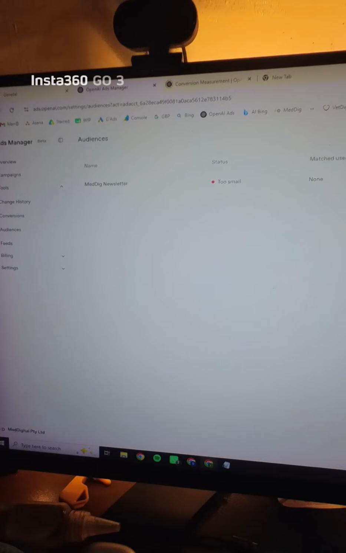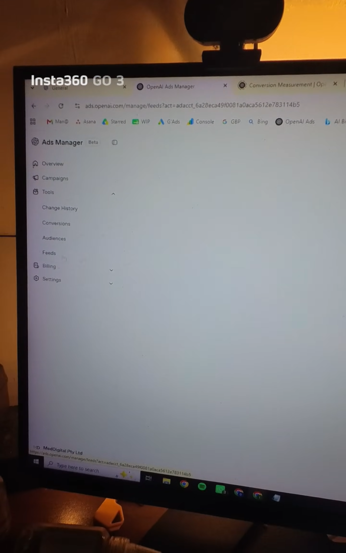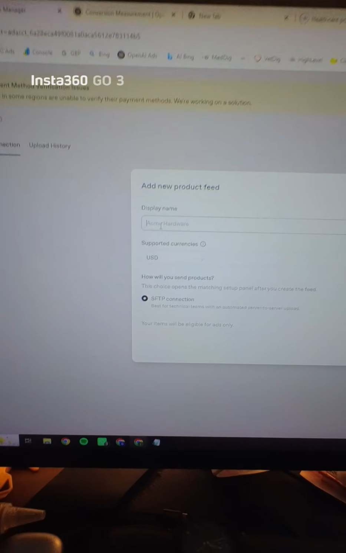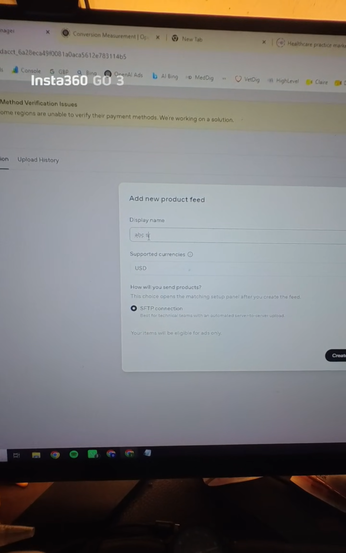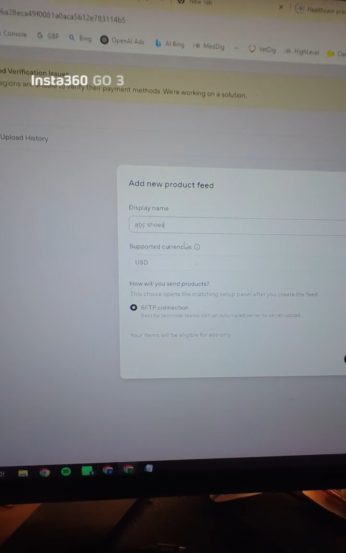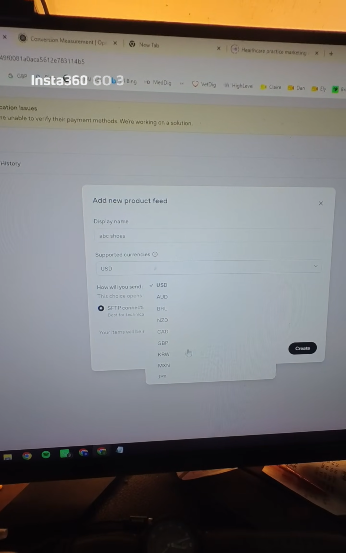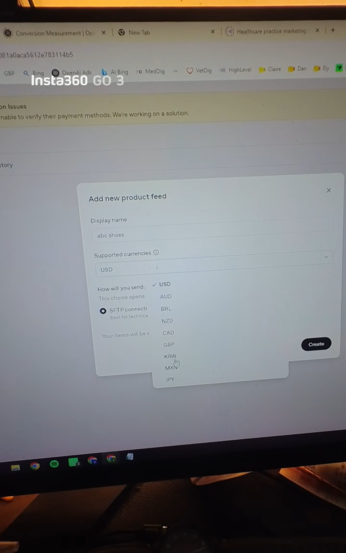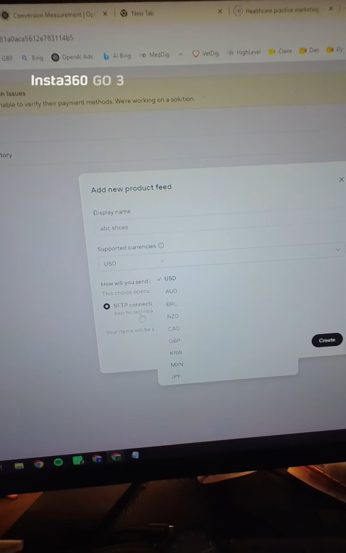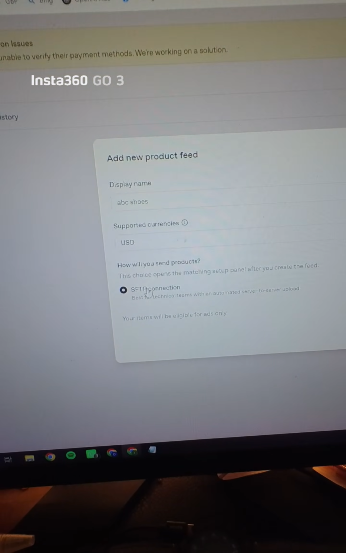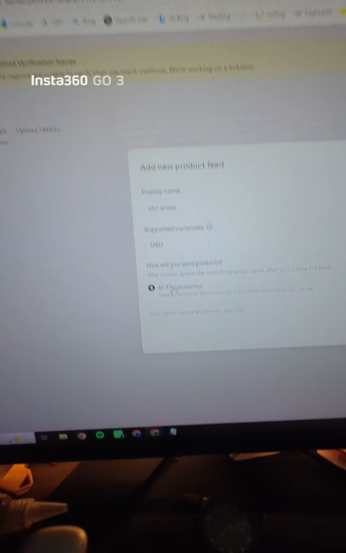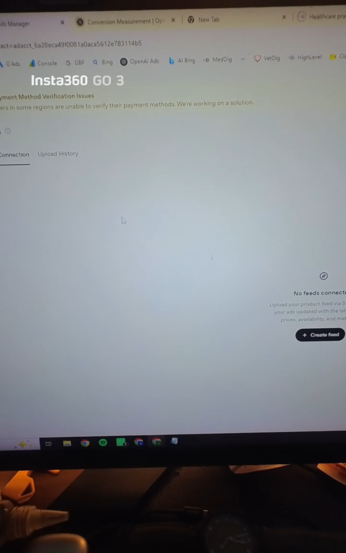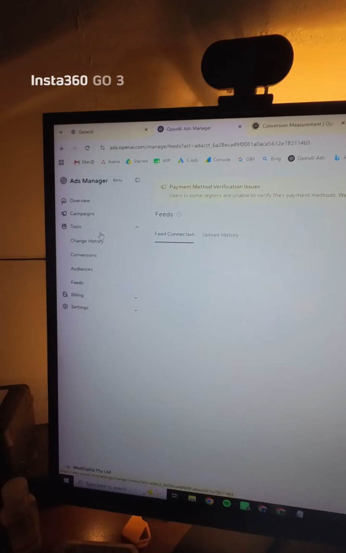The next one is feeds, which means you can run an e-commerce campaign. You just have to put a name in there. Let's say ABC Shoes, just for the sake of doing it. Supported currencies. It looks like it's available in Brazil, New Zealand, Canada, UK. I think this one is Korea. I don't know. Mexico and Japan, right? Then you set up your SFTP connection, which I don't know yet, right? And that's it. So it's still in the development stage, so it's better to be part of that,